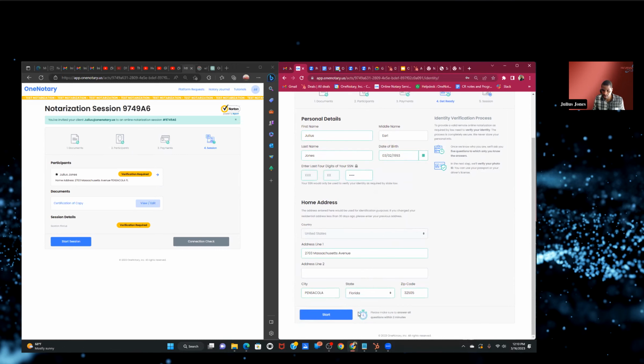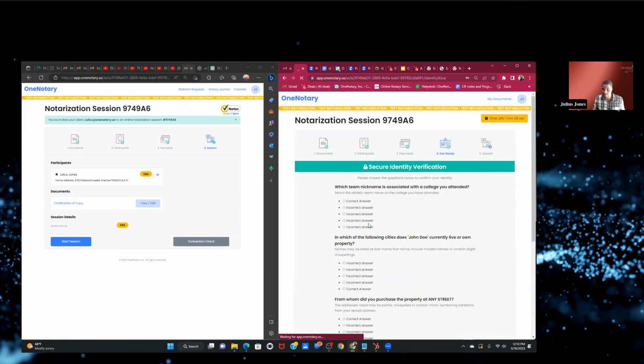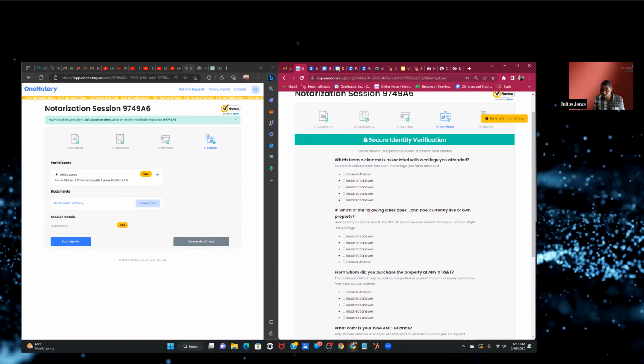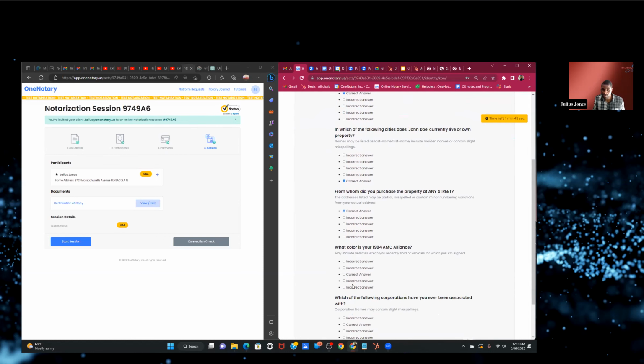Now, before I start, I want to let you know that these questions that the signer will see are not editable. They will be different every time. They also have 2 minutes to answer the questions and 2 attempts to pass the verification questions, which will look something like this here. If they fail, they will be locked out for 24 hours before they can try again. There's nothing that you, the notary, or we can do to expedite that process. They'll just have to wait that 24 hours. So they'll go ahead and answer all the correct questions here.